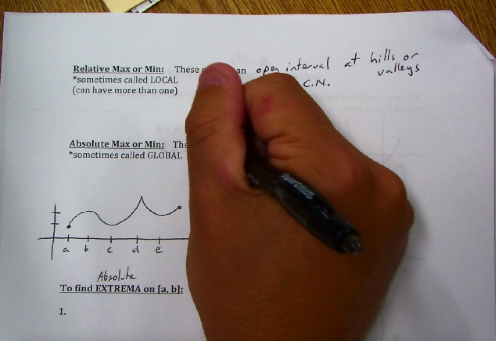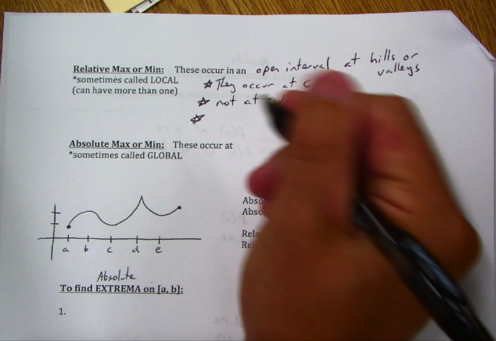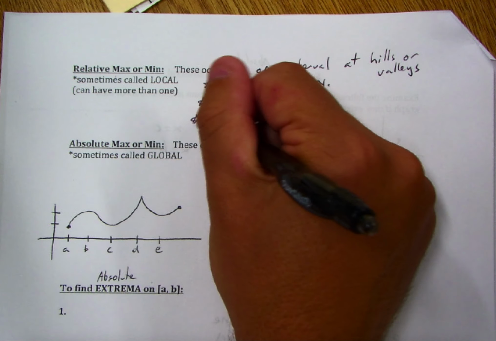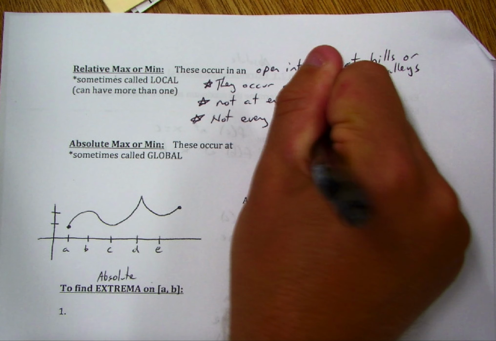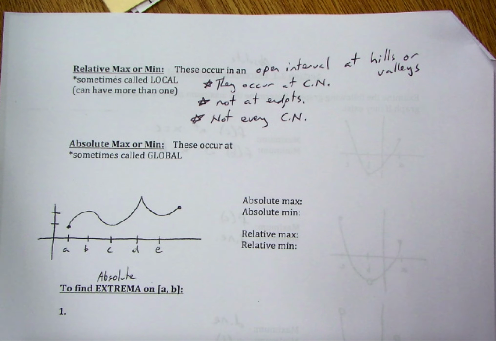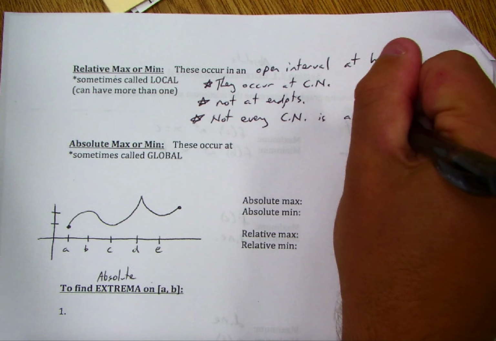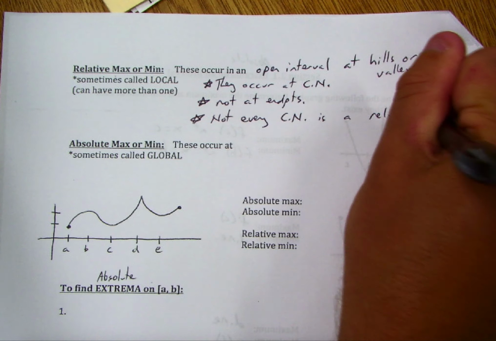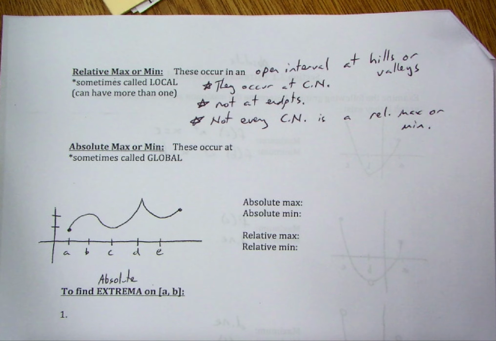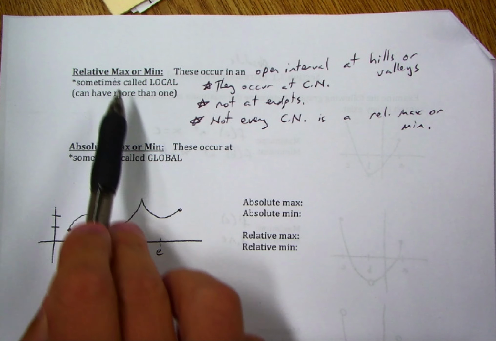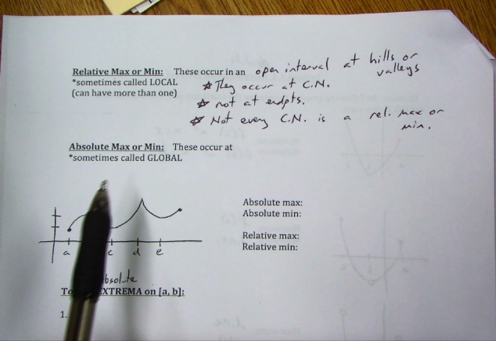And the last thing to point out about relative max and mins is that not every critical number is a relative max or min. We'll spend a lot of our time in this chapter finding relative max or mins, but like I said, today is all about